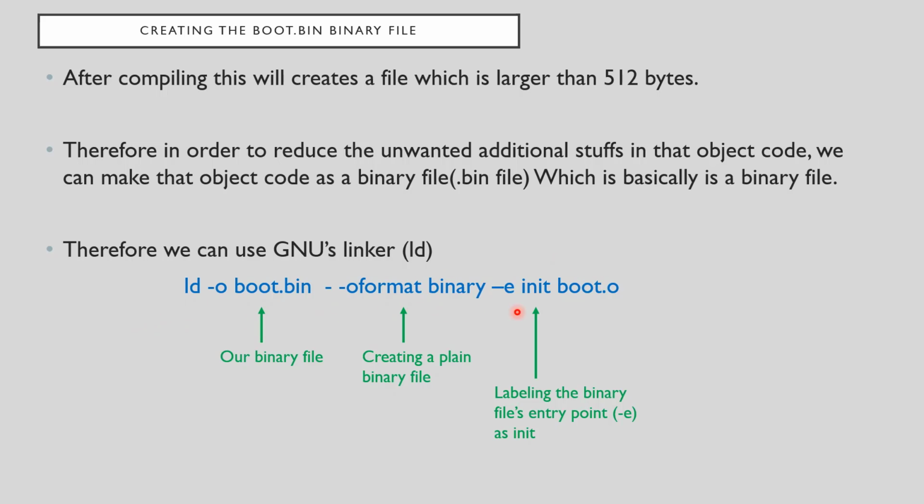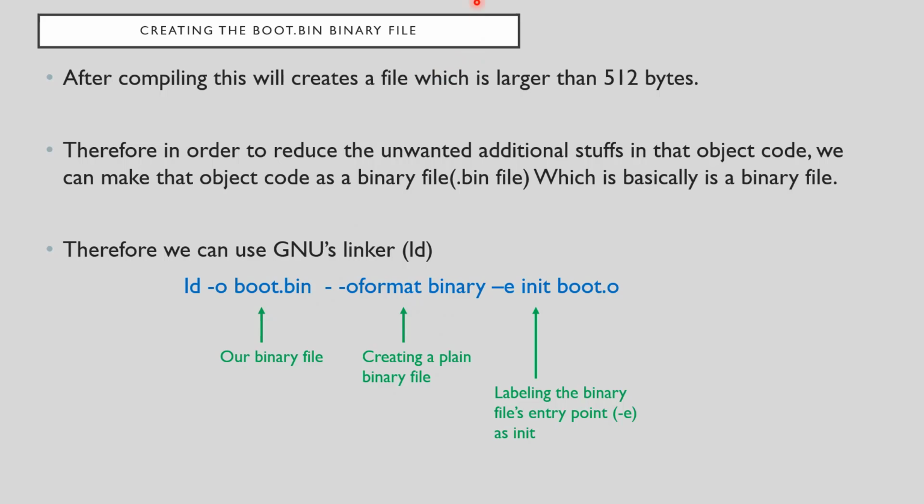So this is the command for that: ld means basically we are going to use the linker, then boot.bin means our binary file, then --oformat binary means it's just creating a plain binary file. Then this is the entry point: init means we are labeling our binary code's entry point as init, because that's how bootloaders work. Then boot.o means our relevant object code that we are going to convert